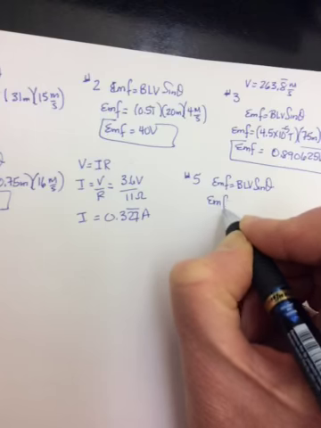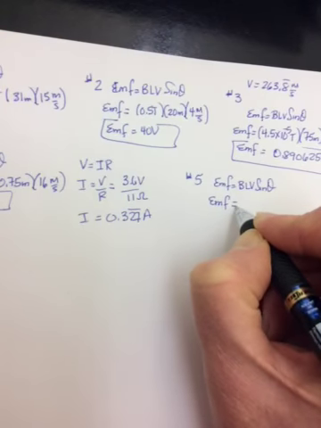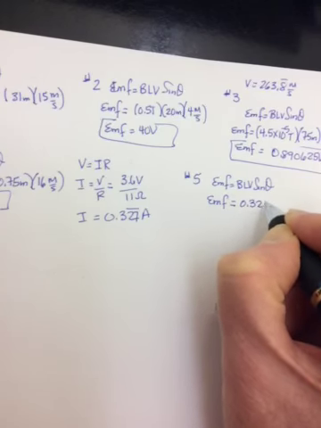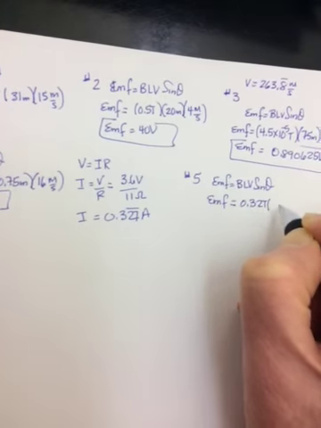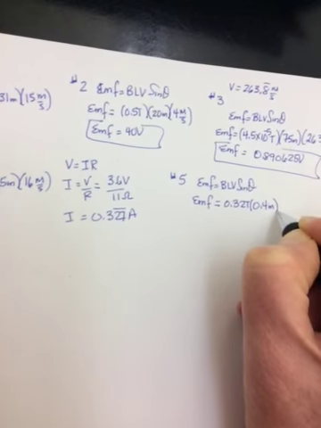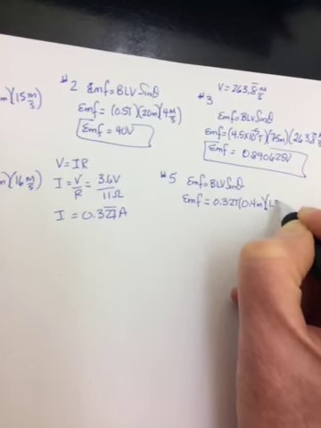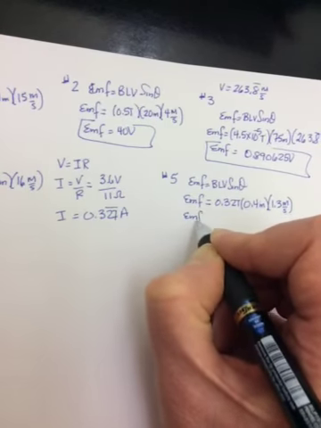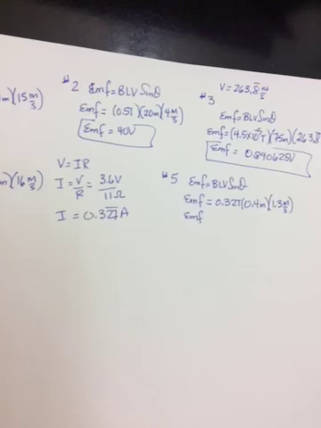So EMF is equal to, B was 0.32 Teslas. L was 40 centimeters, or 0.4 of a meter. And speed was 1.3 meters per second. So you get an EMF of